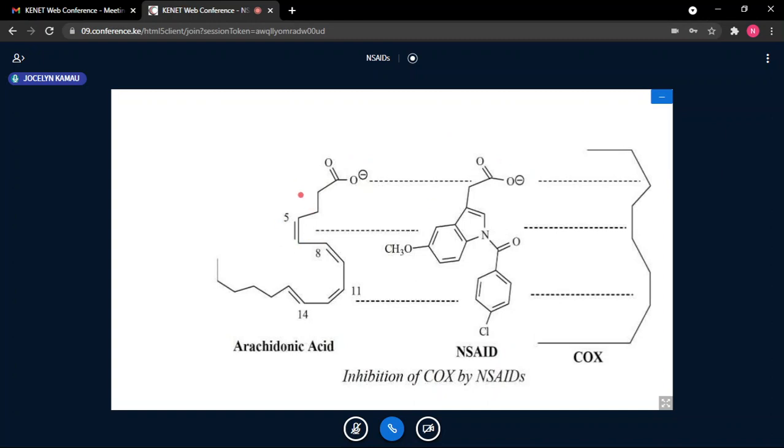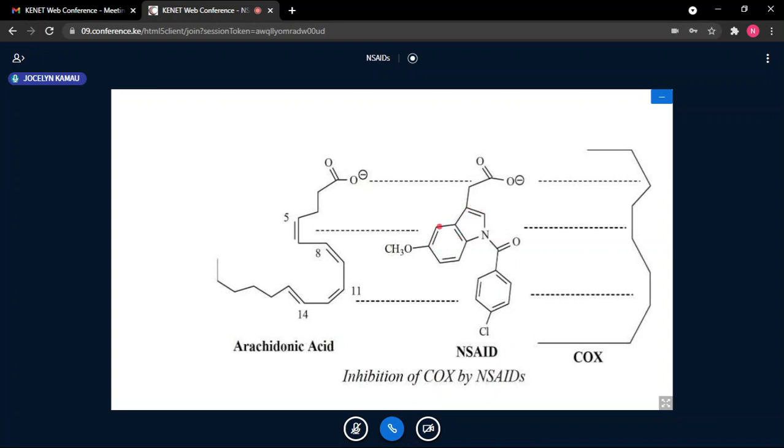Then you can see this portion here between our double bond 5 and 8 there. This is an area we call our first hydrophobic area. This first hydrophobic area usually corresponds with our first hydrophobic ring. So you can see here, this is a first hydrophobic ring. This is the structure of indomethacin. So this is our first hydrophobic area. This hydrophobic area, of course, is an indole ring.